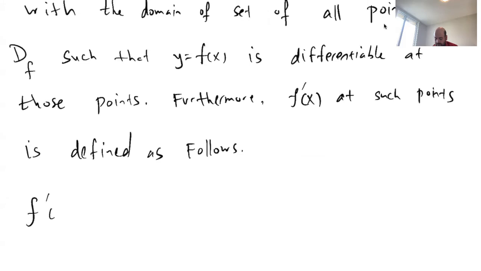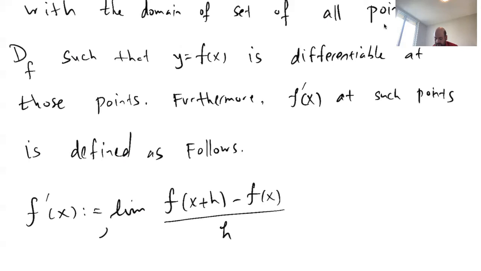So f prime of x is equal to the limit of f of x plus h minus f of x over h as h approaches 0. Okay, so here f prime of x is still the same definition as before. The only difference is that previously we fixed some x value as a. Let's say f prime of a, we defined it as the limit of f of a plus h minus f of a